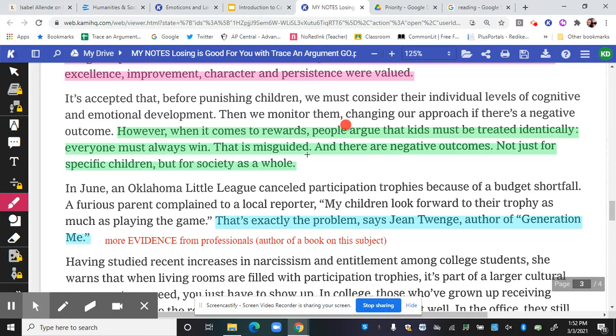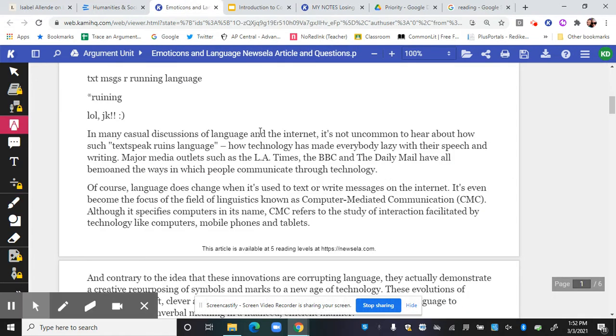Then we quickly see the author refute that. "That is misguided, and there are negative outcomes, not just for specific children, but for society as a whole." And then the author goes on to provide evidence for that refutation. So that's a good example of bringing in a counterargument and then refuting it to strengthen your own claim, your own argument. Another article you guys looked at on your own to identify claim and argument was this article,